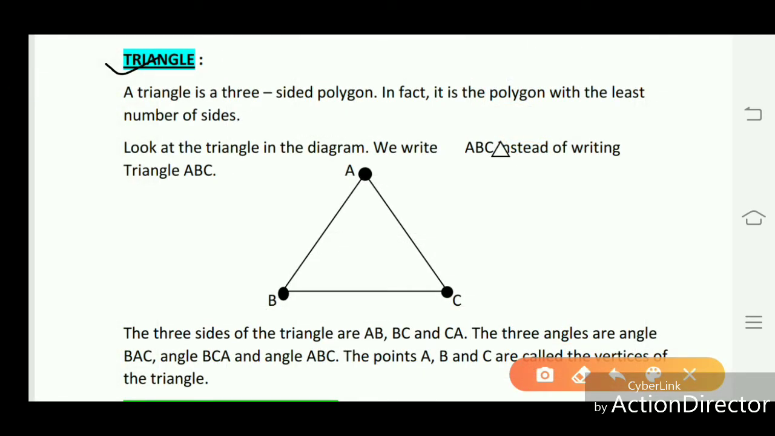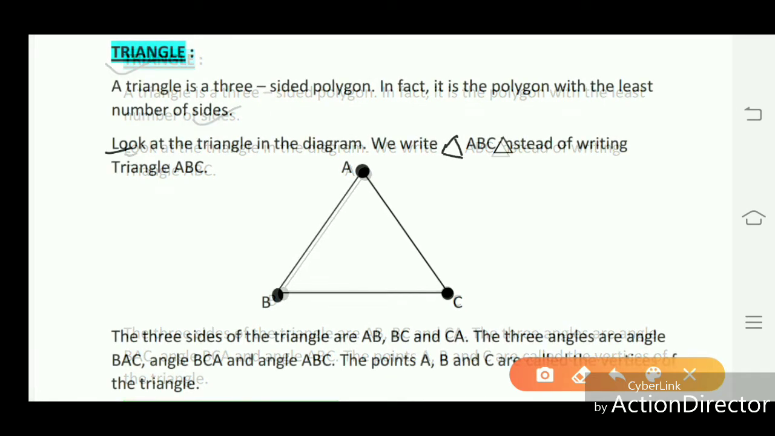Triangle. A triangle is a three-sided polygon. In fact, it is the polygon with the least number of sides. Look at the triangle in the diagram. We write triangle ABC using the symbol of a triangle instead of writing the word. So, triangle ABC. The three sides of the triangle are AB,